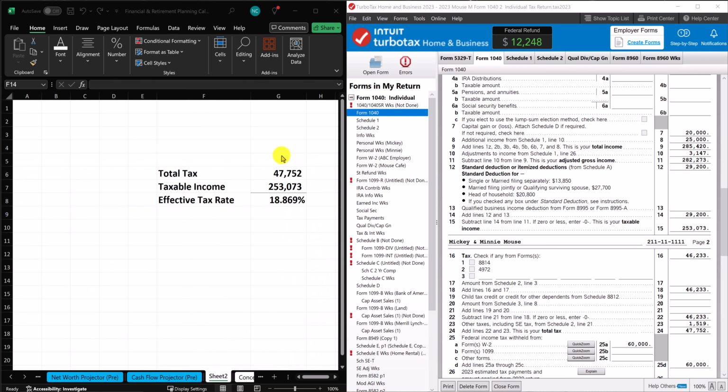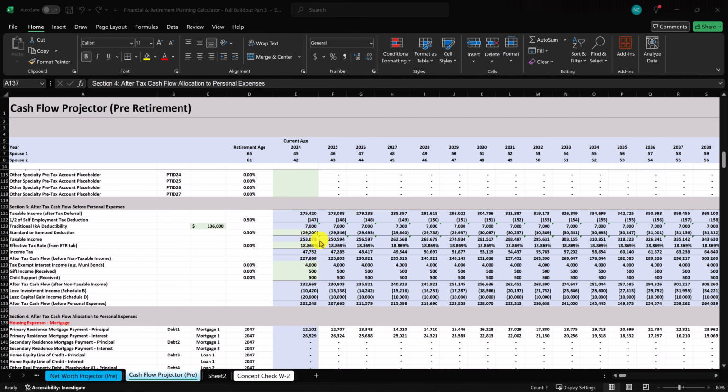Here's the calculation right here. $47,752 total tax divided by taxable income, $253,073, gives me an effective tax rate of 18.869%. And I take that 18.869% and I drop it in the first year that we are projecting. Let's assume that number came from the 2023 return, so we're using it as an estimate for 2024, and then